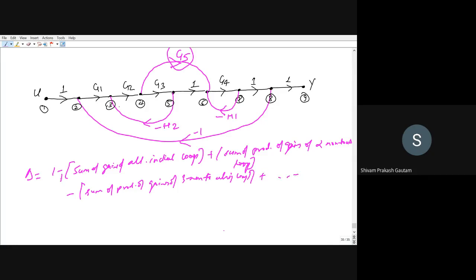So you can see we are having first minus, then plus, then minus, then plus, then it will continue, right? So first we have to calculate the gains of all individual loops. First point is this. So tell me how many loops are there. So loop 1. Suppose you are at node 3, then you are going to node 4, then node 5, then you are going back again to node 3. So you can see we are starting from node 3 and terminating at node 3 without the repetition of any node in between. So this is one loop.